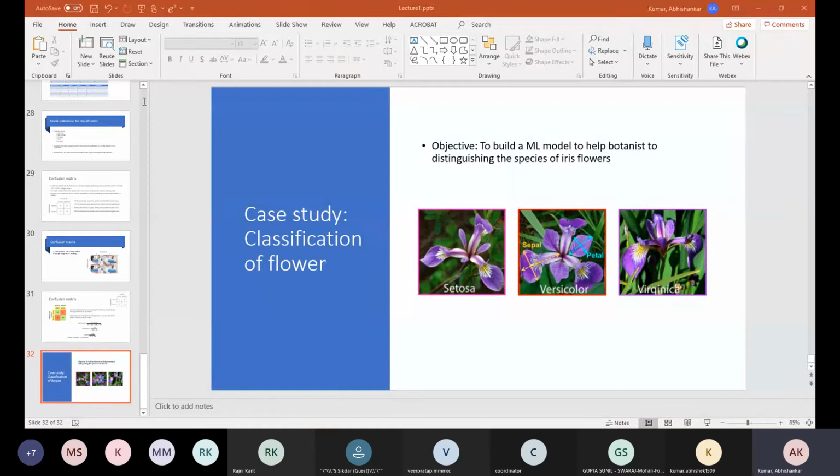NumPy for some scientific calculation. And then, as in the last class, we have used train test split, because we want to split the data, so that some portion of the data we use for training and some portion we use for testing. That's why we use train test split.